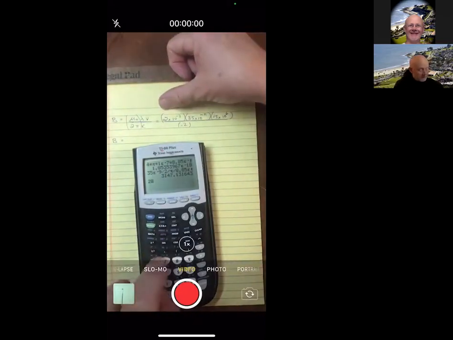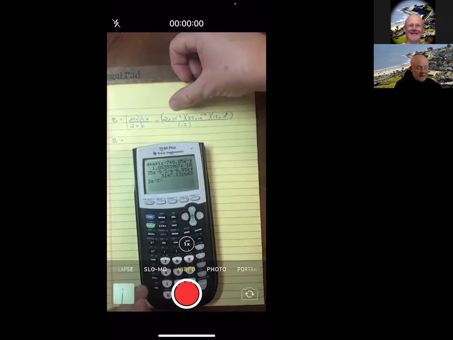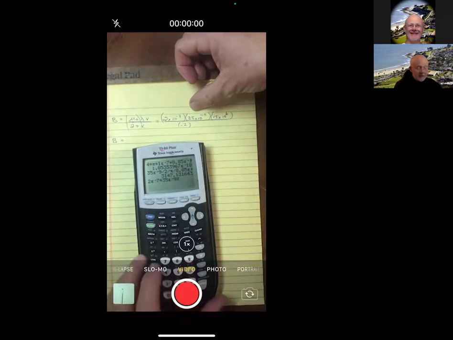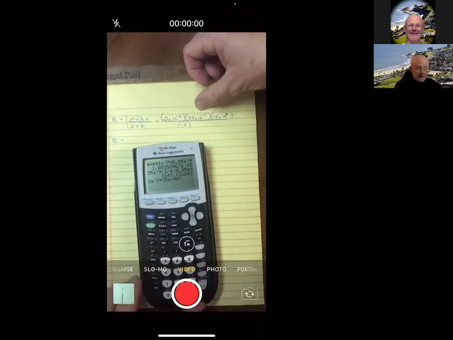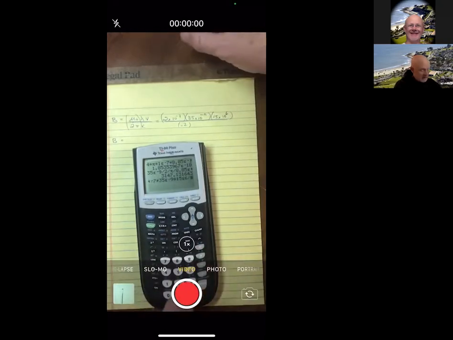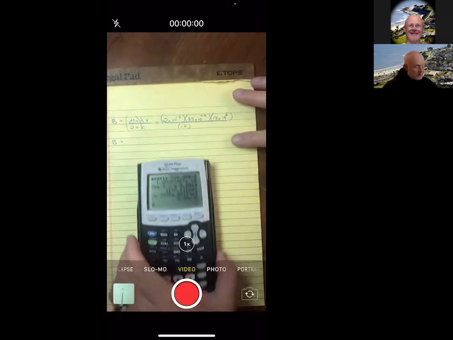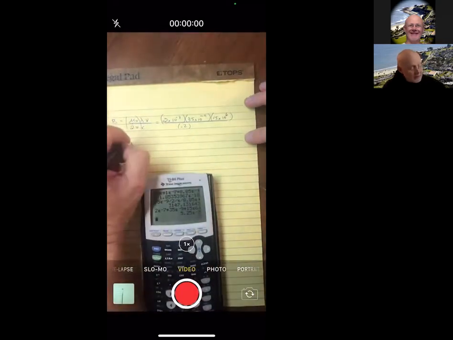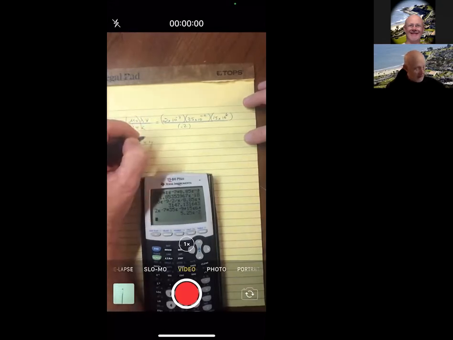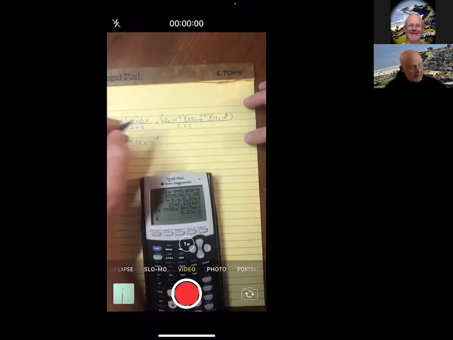So 2 times 10 to the negative 7 times 35 times 10 to the minus 9 times 15 times 10 to the 6 and divided by 0.2. So this would be 5.25 times 10 to the minus 7